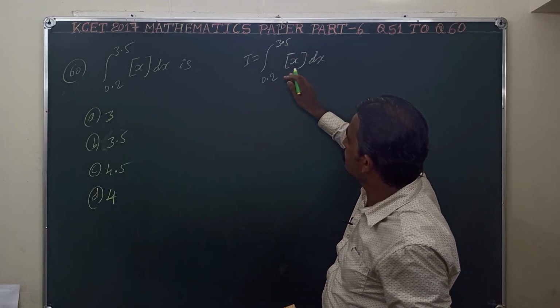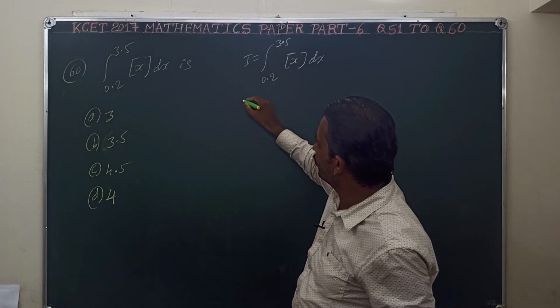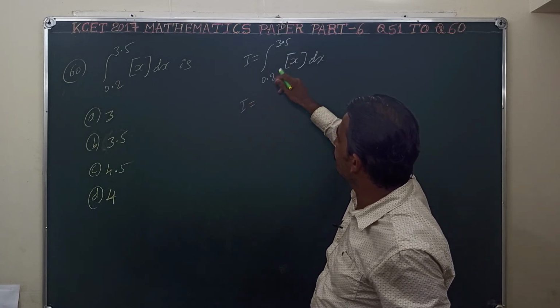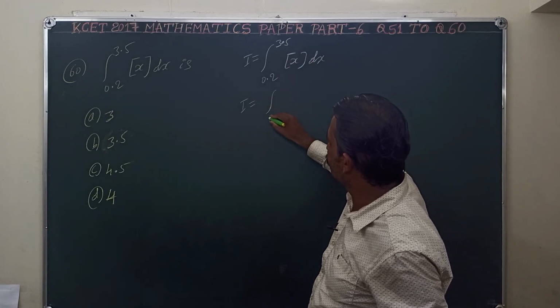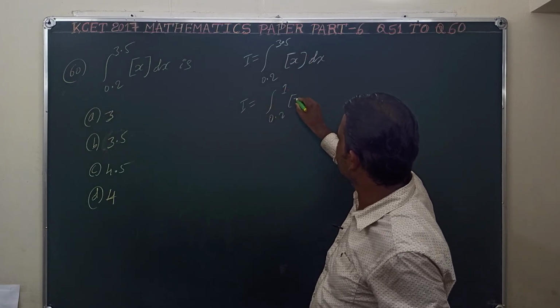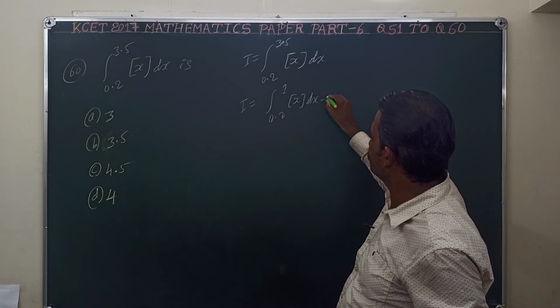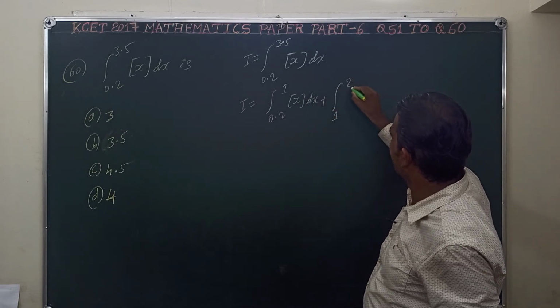So it can be split at every integer point. The integer points between them are nothing but 1, 2, 3. So integral from 0.2 to 1 of greatest integer x with respect to x, plus 1 to 2 greatest integer